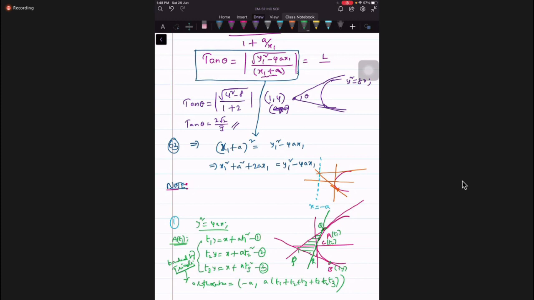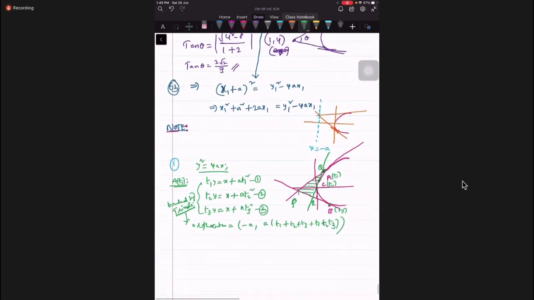Students, even regarding normals I have not done it, because it is there for both days. So if you find difficulty tomorrow also, we will continue. Chord of contact and all those things are for the coming week. That's why I have not covered those points yet. Pair of tangents also I have not discussed up to that level. So next, any question?